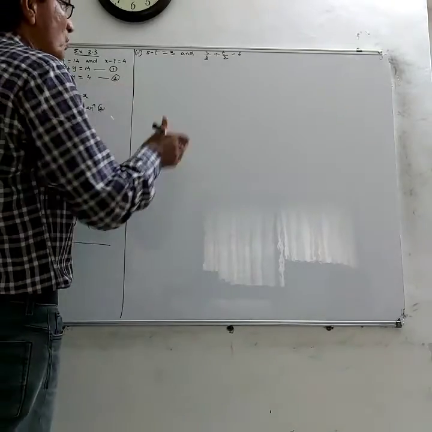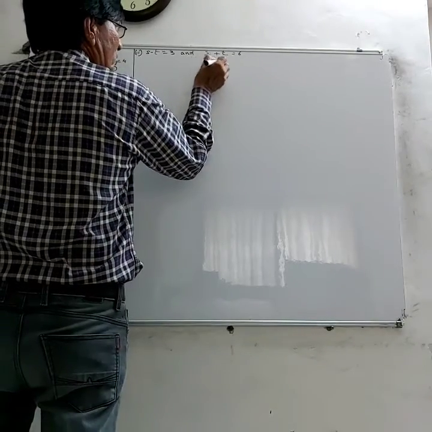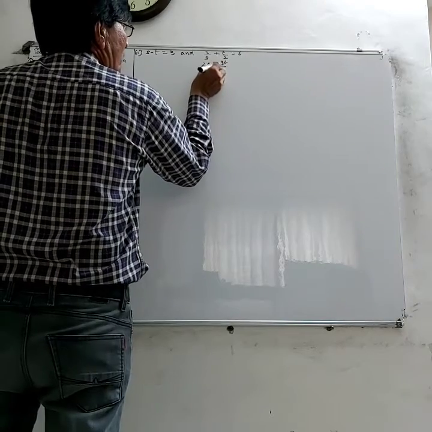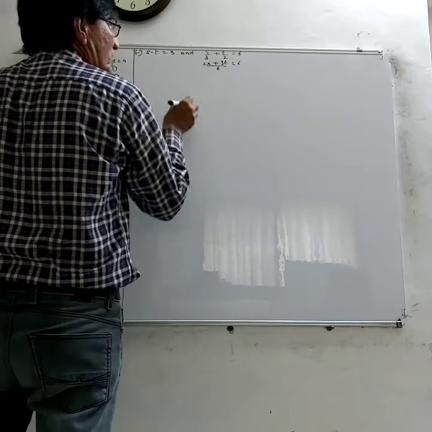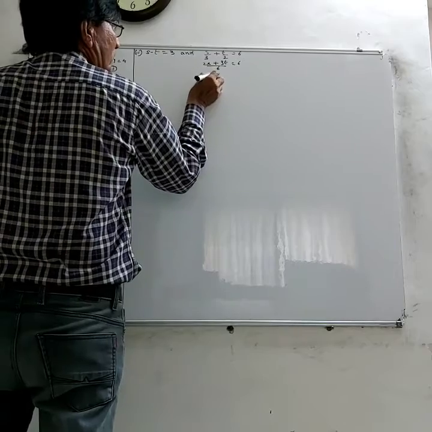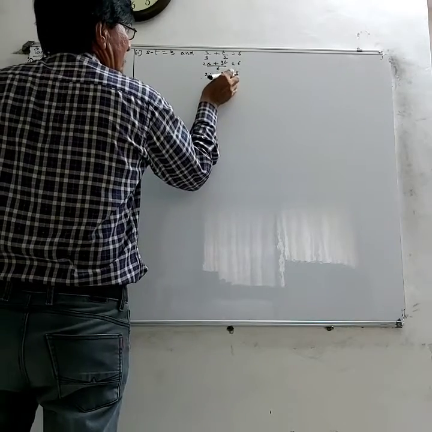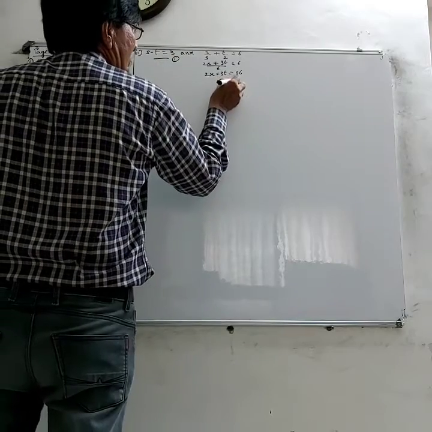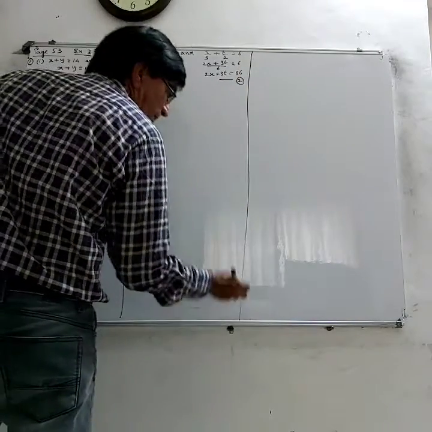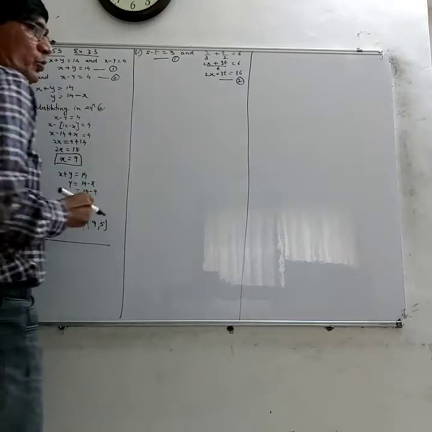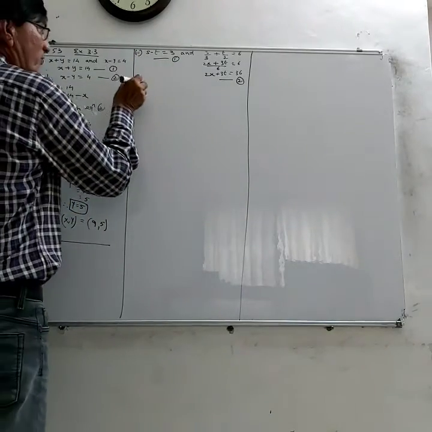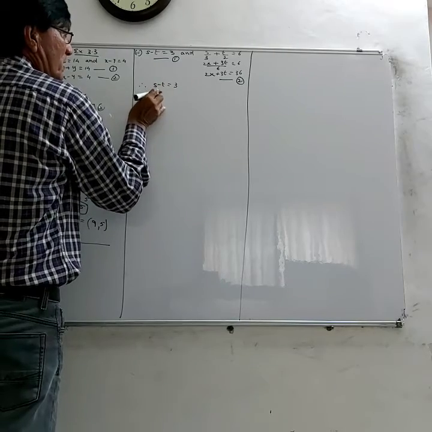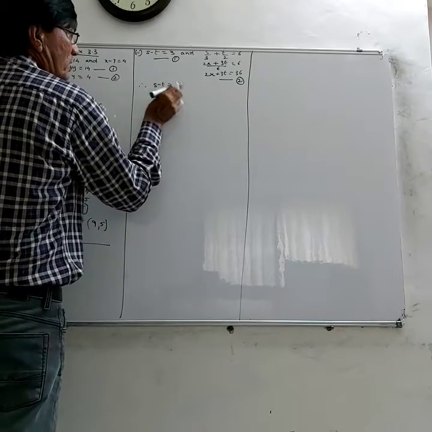Now the first equation is okay. The second needs to be simplified. So this was (2s plus 3t) upon 6 is equal to 6. Therefore 2s plus 3t is equal to 36. This is your equation 1. This is your equation 2. Alright? Now we want to do it by substitution method. Therefore s minus t is equal to 3, s is equal to 3 plus t.